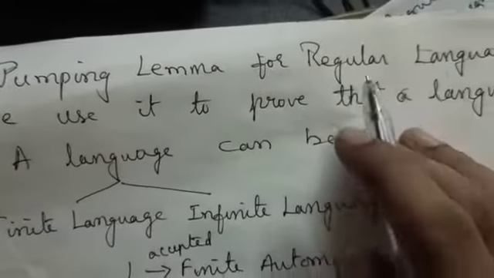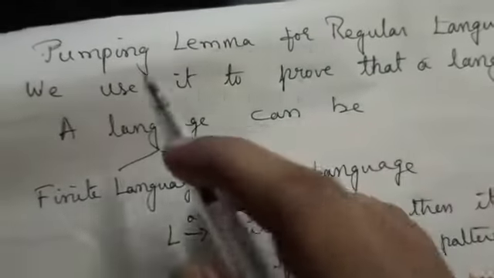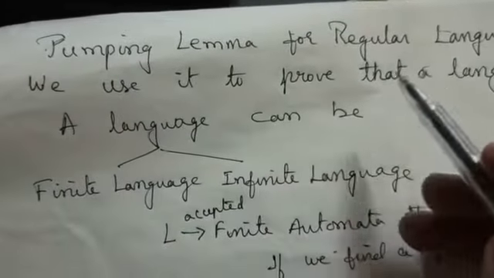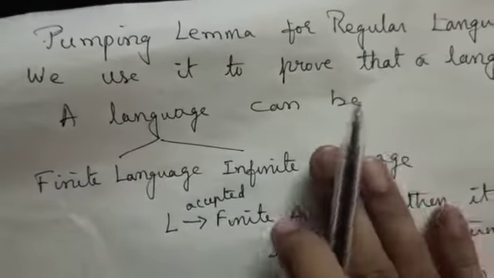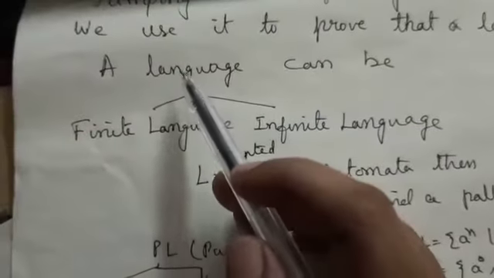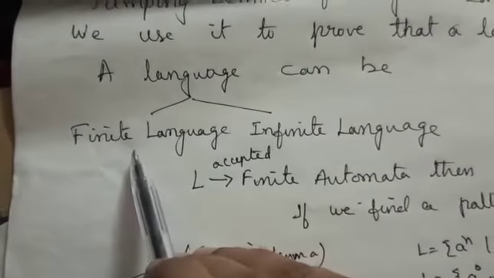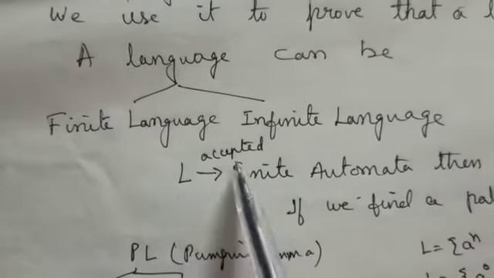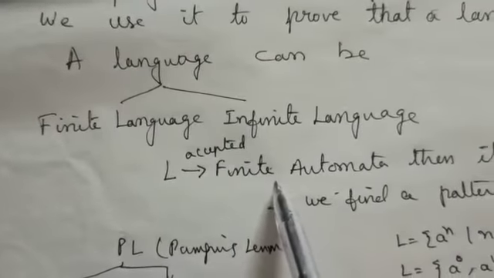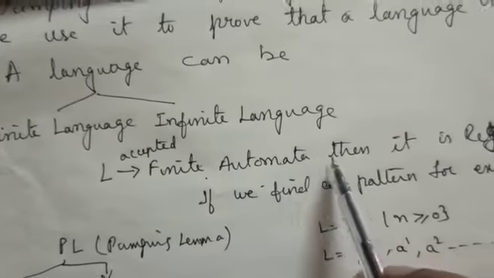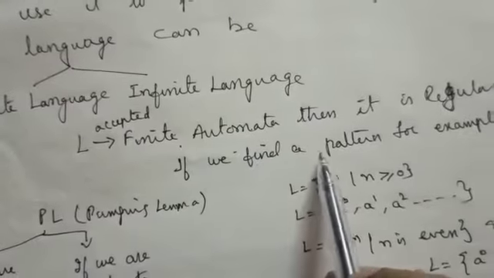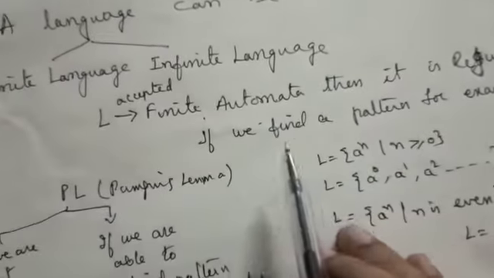Pumping lemma for regular languages: we use this pumping lemma to prove that a language is not regular. Basically, a language can be a finite language or an infinite language. If a language L is accepted by a finite automaton, then it is a regular language. If we find a pattern, for example, let